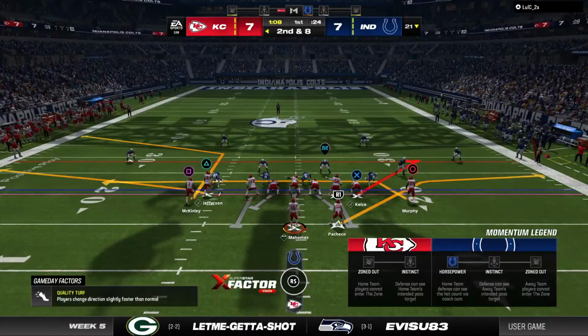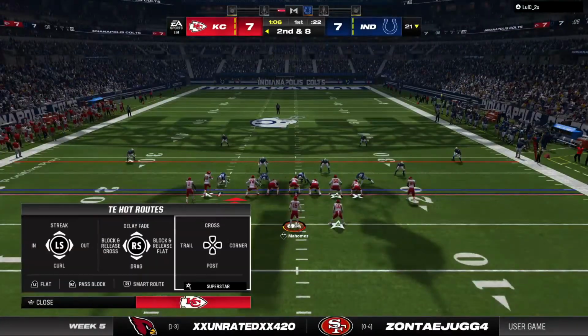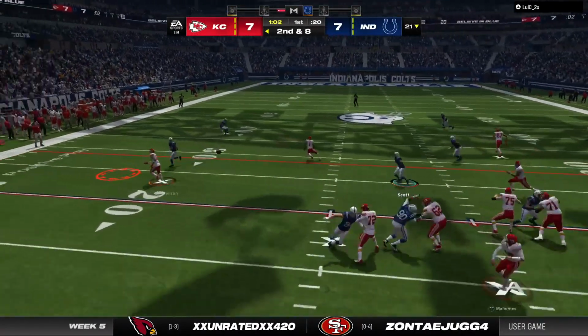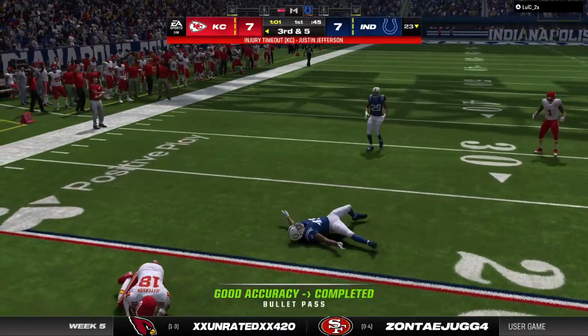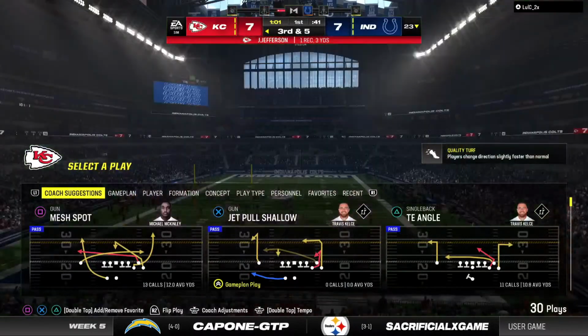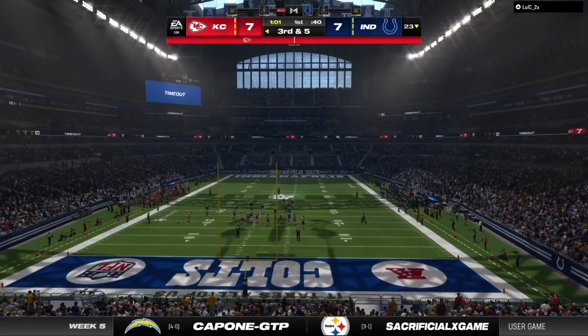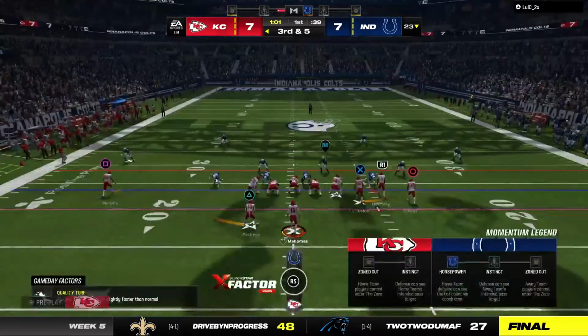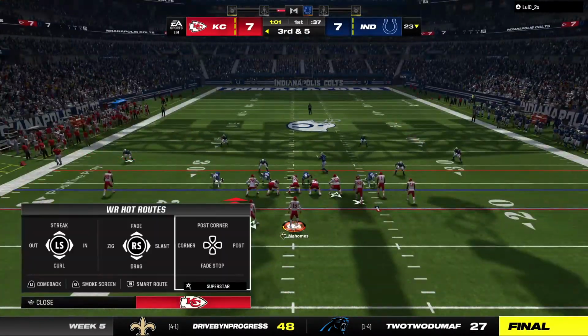From the 21, here's the 2nd and 8. Throwing now is Mahomes. Complete. Jefferson the target. And he'll be tackled at the 23 after a gain of 3. Oh, now an injured player down there. This is not what you want to see. That's Justin Jefferson who's having some issues. Here is 3rd and